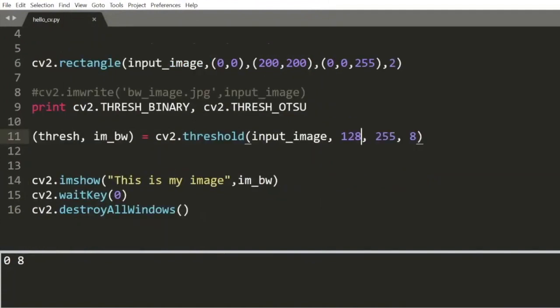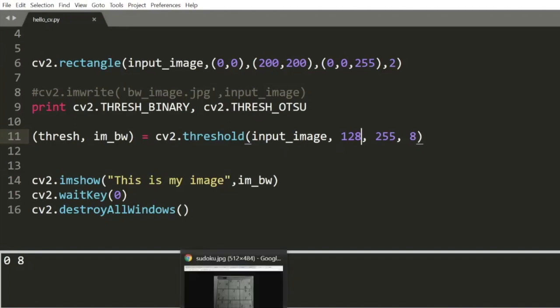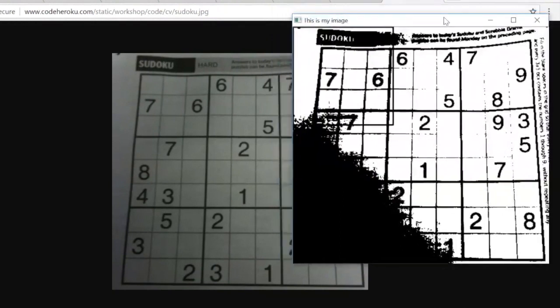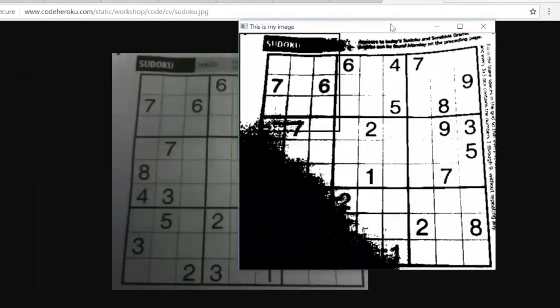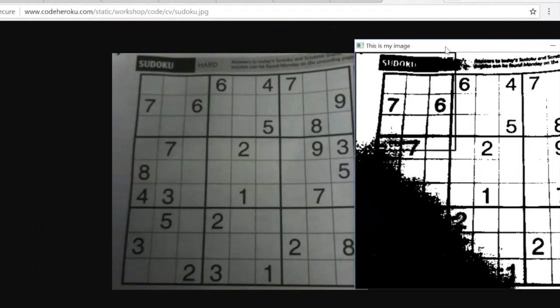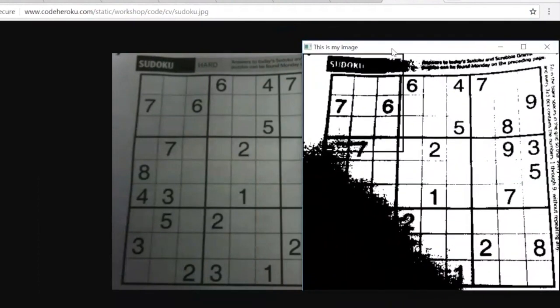Once you are done with this, we can try out some other stuff as well, some other types of thresholding, which is going to help us get a better sense of the image. I also want you to think about why this portion of the image that we are trying to threshold is going black, and we were still able to get reasonable results in this section, but in this section we are just messing it up. Can you think about why that is happening? I have both the images, the original image and the converted image, right next to each other over here.